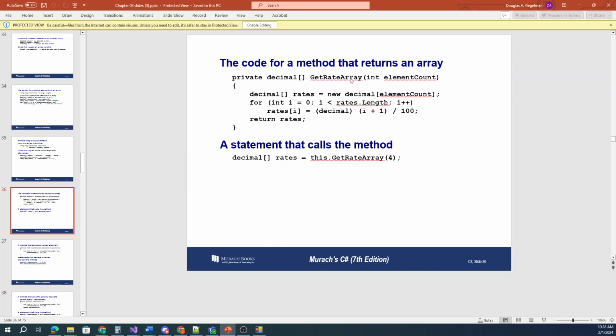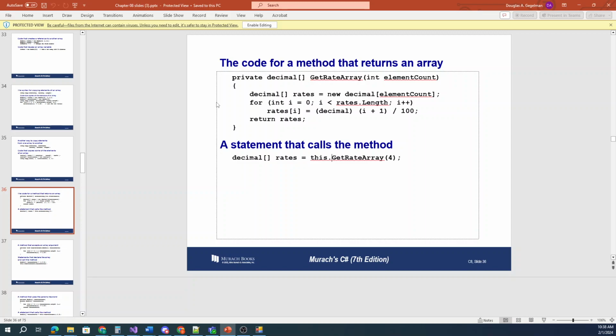Code for a method that returns an array. I'm not going to go too much into this because we haven't even talked about methods yet, and I'm not going to get y'all confused on how methods work and how they're calling these things. It's in the book. You want to look over it in the book. I think chapter 6, we'll jump back to chapter 6 after this. We start getting into methods then. We'll get more into it at that point, but